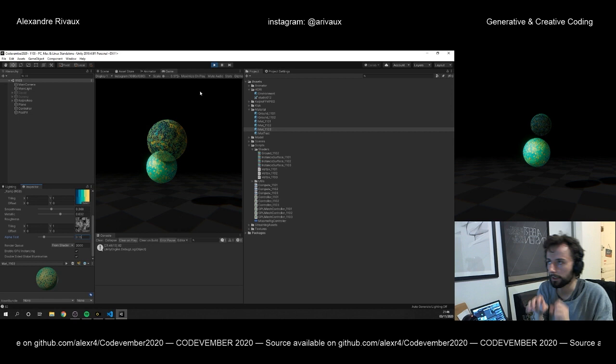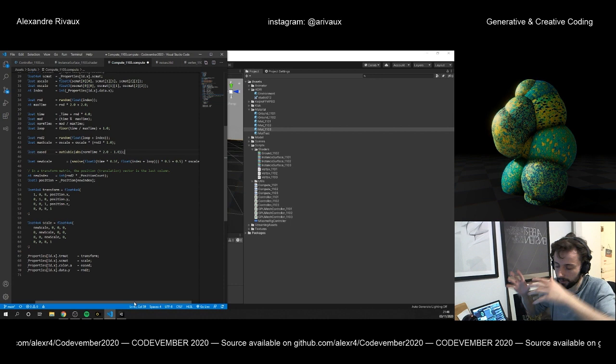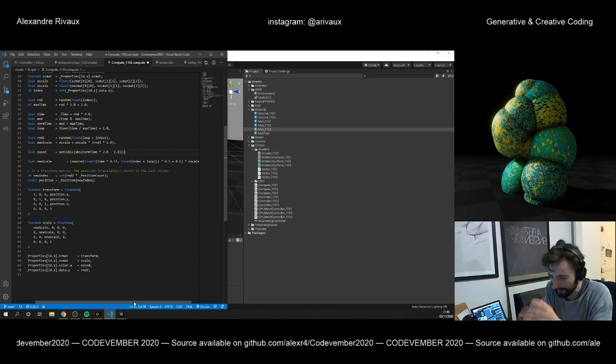Might also be interesting to use here the... so we can maybe change this new scale. So let's say float new scale, and maybe we can change this by limiting our noise from 0 to the original scale, so we will still get this distortion effect between the bubbles, because some of them have a max size of 1, some of them have a max size of 0.1, 0.5, etc. So we will have a less